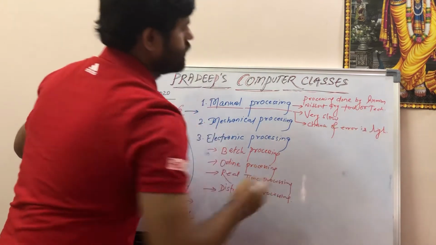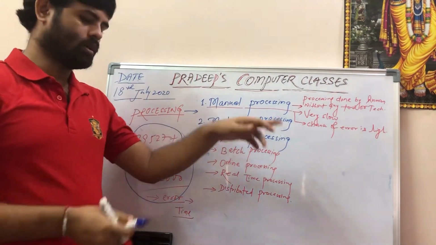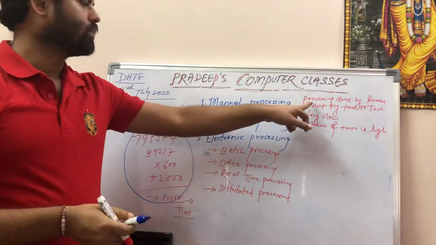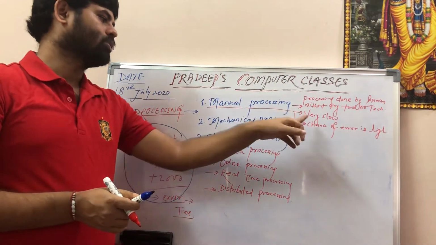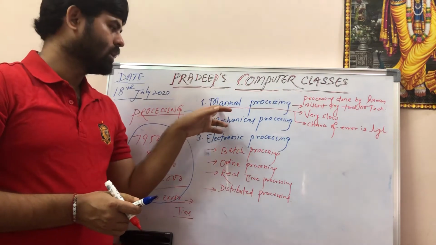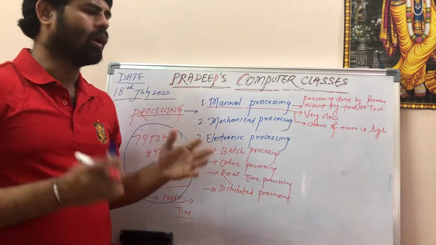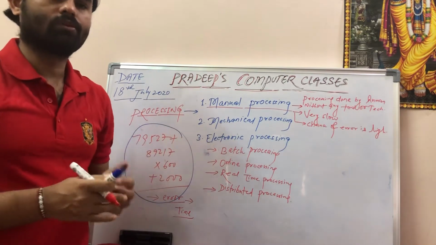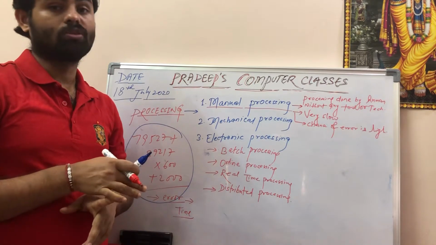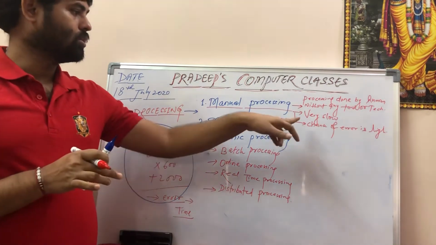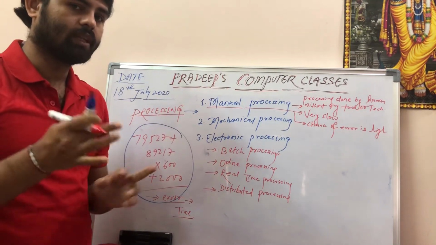Okay. So I said if you are doing manual processing, that is processing done by human without any tools or technology, then it will be very slow. And the chance of error is very high. Why? Because in the life we are living as of now, we do not have time to think much, we have to work fast. If you go by a very slow system, do you think that you can sustain in this